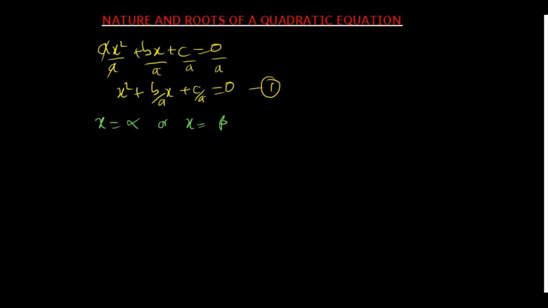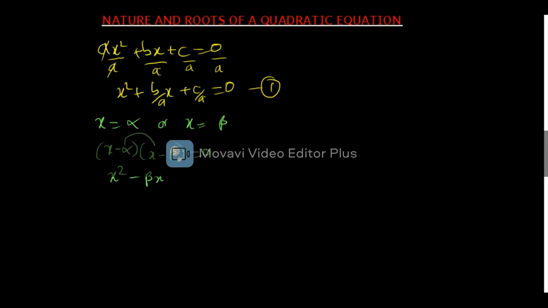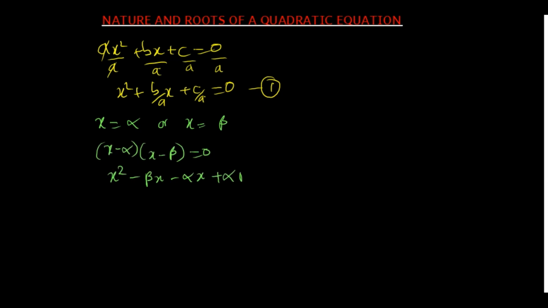So if you've been given that x is equal to alpha or x is equal to beta after solving, that means the equation which we had was x minus alpha, x minus beta, that being equal to 0. So at this point we can multiply out. X by the other x in the other bracket becomes x squared, and then x by the negative beta becomes negative beta x. Negative alpha by the x gives us negative alpha x, and then negative alpha times negative beta gives us positive alpha beta, and that is going to be